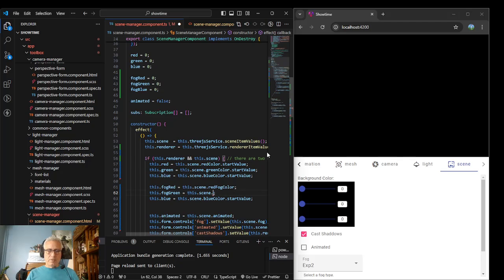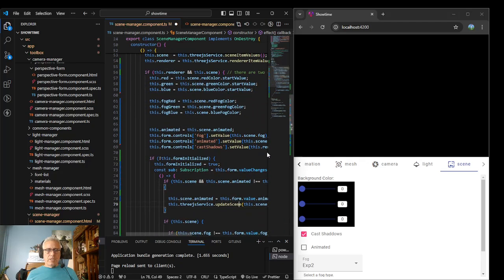Oh, oops. Green, fog color, and fog blue. So that means I'm going to have to undo the work I had done. Blue color. Over here,